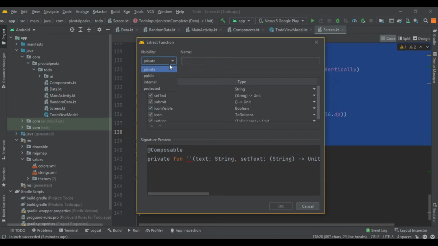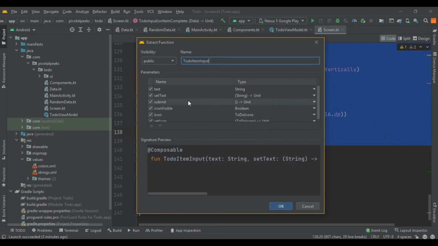First we need to make it public, because it will allow us to reuse it even more in different scenarios. And let's name it, what are we going to name it? Let's name it to do item input.